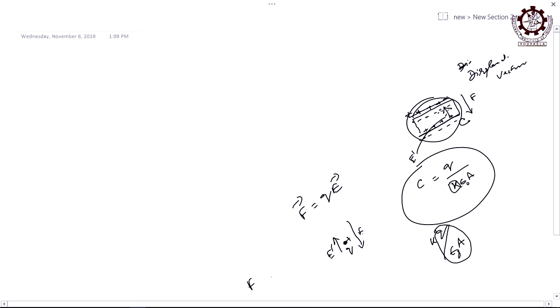So, when this charge is experiencing two forces, both opposite to each other, the net force F is how much? If this force is F dash and this force is F double dash, then the net force must be equal to F dash minus F double dash, right? On this charge due to this field, the force is F prime. On this same charge due to the other field, it is F double prime, and the F double prime force is definitely less than F prime, because the strength of this field is less. It is induced charge, right?